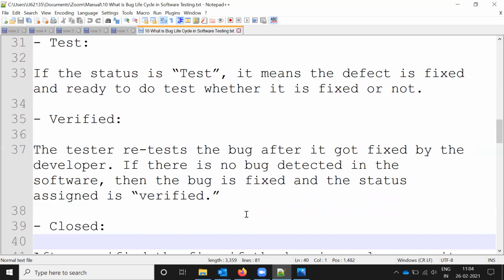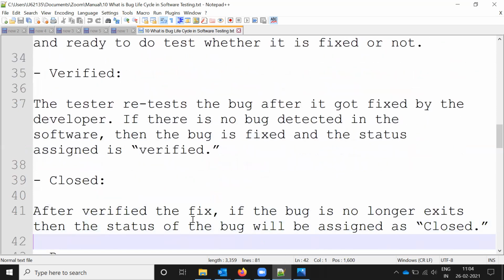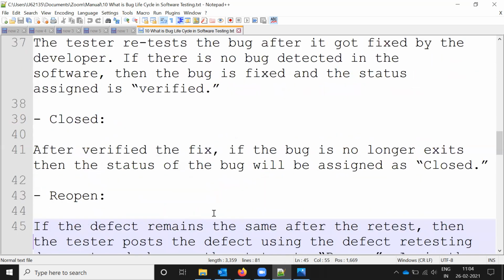by the software, and the status is verified. Here the tester will make it ready to test, all the things are ready. Then he will verify whether the developer has fixed it or not. Everything he will test and he will mark it as verified. Once it is verified, then it will go to the closed state. Here, after the developer and tester, he will test everything and he will close the defect.